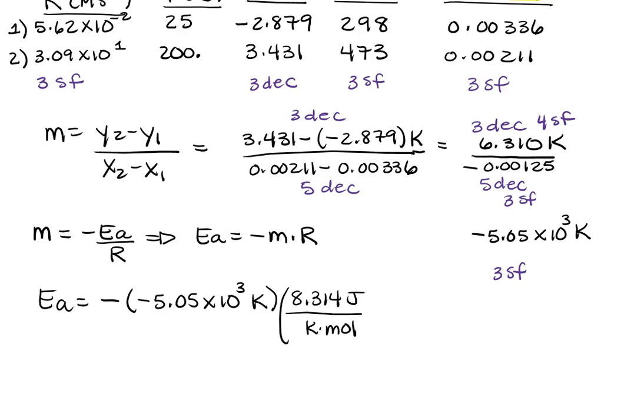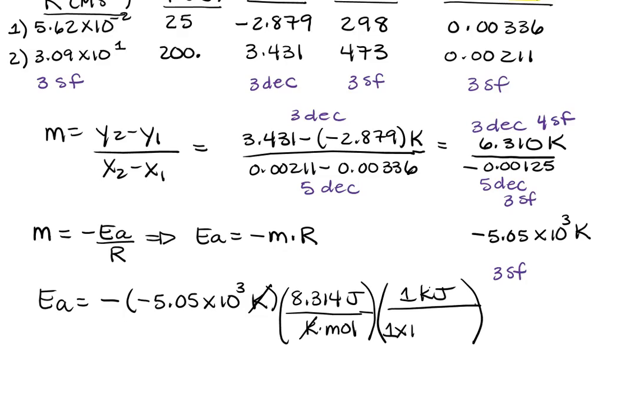Make sure you're including all of the units here, because this is one of the things I'll see students will just do the multiplication because that's not that difficult. But if you're not carefully keeping track of the units, it's easy to miss what the final units are of activation energy. So in this case, if we cancel Kelvin and stop here, we would be left with units of joules per mole, which is fine, except the question asked for kilojoules. So we just need to do that final conversion.